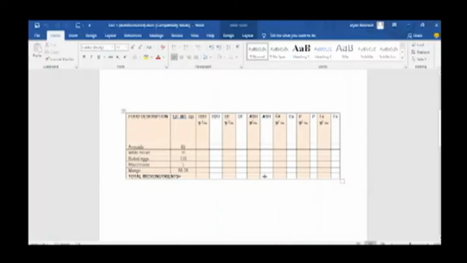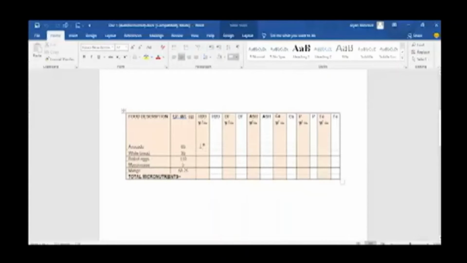Now that we're done determining the macronutrients, it's time to determine the micronutrients. So we base it from the food table to know the different values for the different micronutrients. So H2O for avocado, grams per 100 grams, is